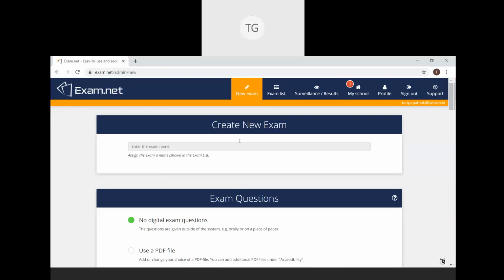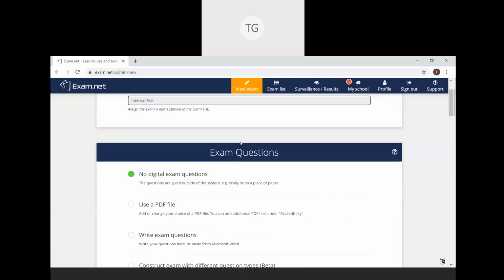Everything is very intuitive. You create an exam name, say sample, or I say internal test, right? Now this is the name of the examination. With this name, students will be able to locate this exam in the open exams list.